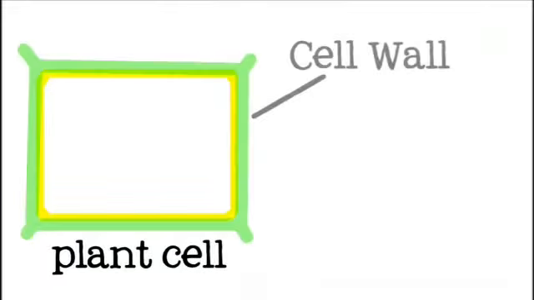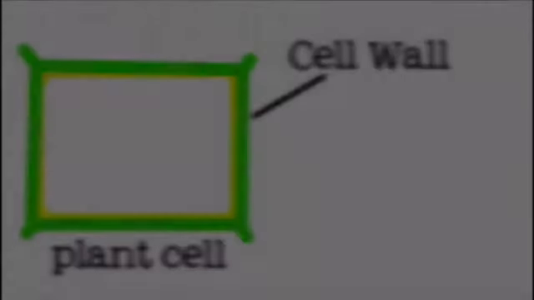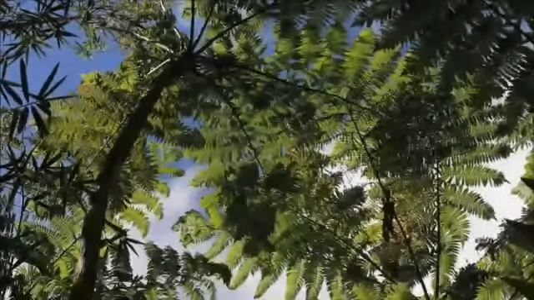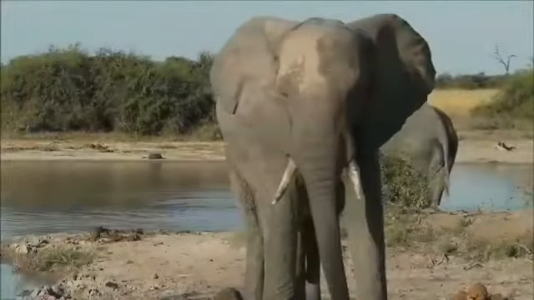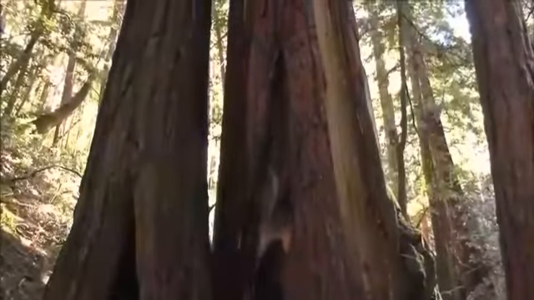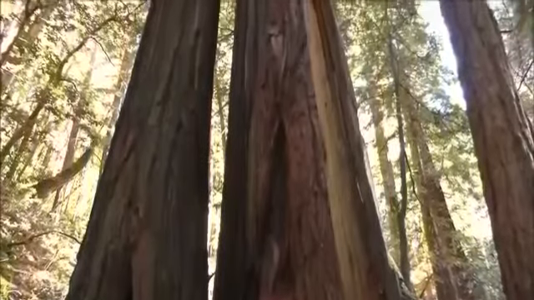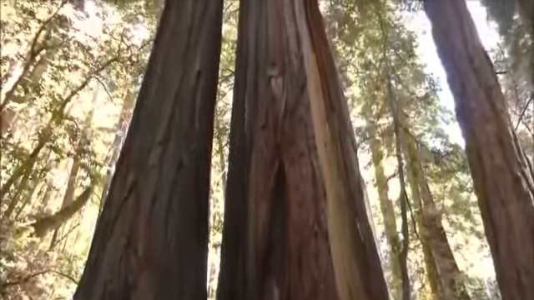Plant cells have an extra layer called the cell wall that surrounds the cell membrane. It is tough and stronger than the cell membrane. It provides support to the plant for growth and keeps a proper shape. Animals have a skeleton for support and growth, but in plants, it is the cell wall that helps the plant stand tall and grow.